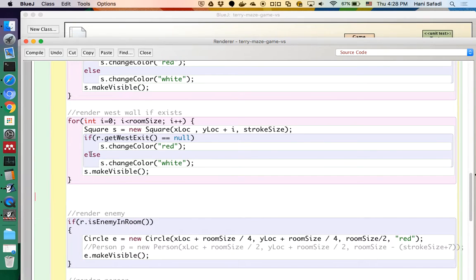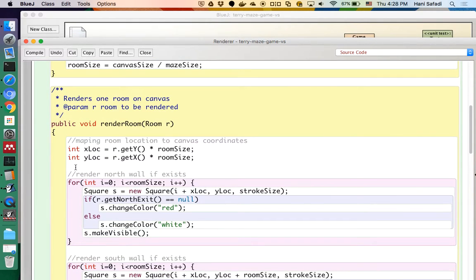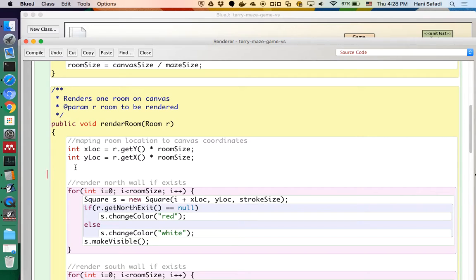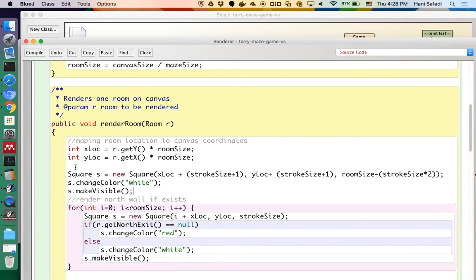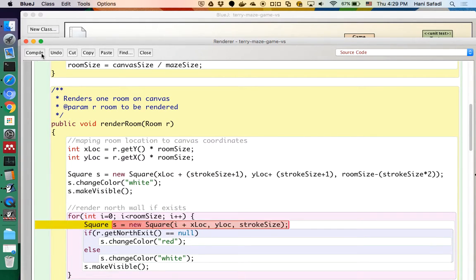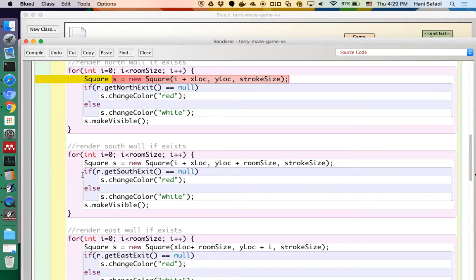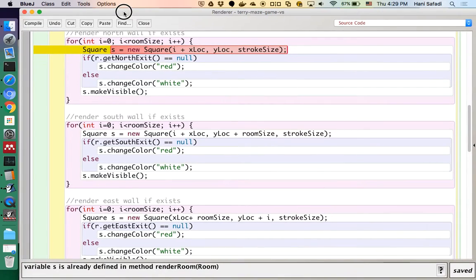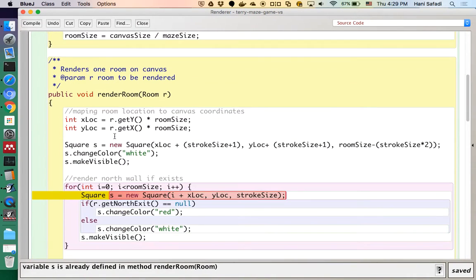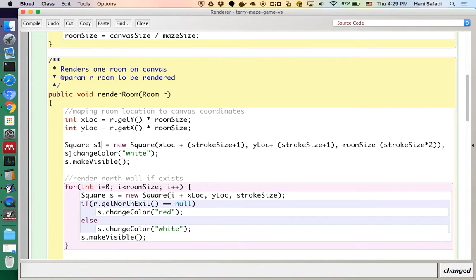So basically I want to white out the room, erase the room, and then draw it again. And this is basically how render works. Whenever a room changes, what happens is that it's just redrawing the room one more time. So I'm going to give it another name, S1. Okay, so I can put it on the top, just erase,